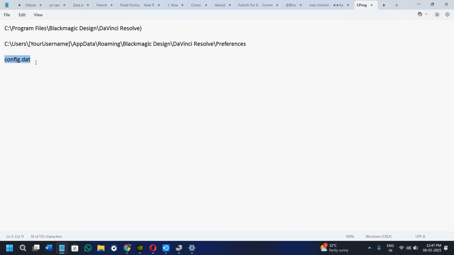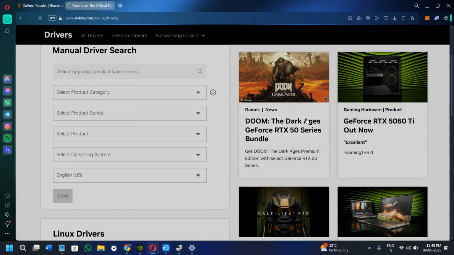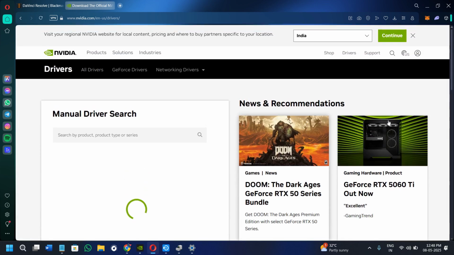Then open this file in Notepad and search for the line monitoring GPU mode and change that mode from auto to CUDA for NVIDIA or OpenCL for AMD and Intel. Then close the file. Always back up the file before actually editing it. Then launch your DaVinci Resolve application and check whether it is now launching properly or not.